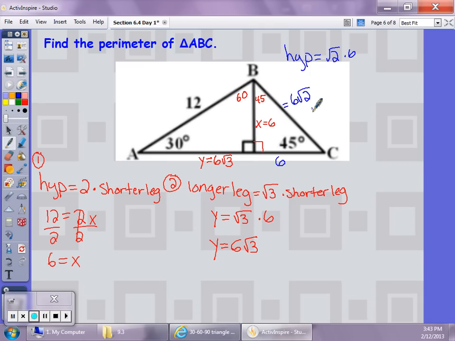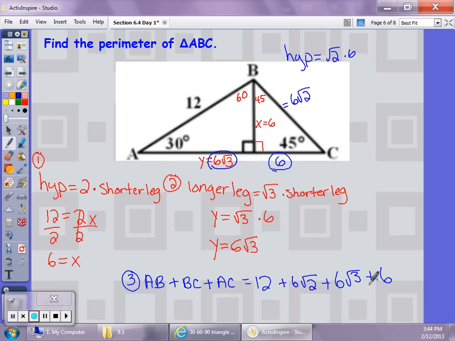Okay. So now if you take a look at the triangle ABC, we now have a value for all three sides. So the last step is to actually find the perimeter. To find the perimeter, we're going to take side AB plus side BC plus side AC, and that's going to give us our perimeter. So we know the length of AB is 12. The length of BC is 6 root 2. And the length of AC is made up of these two distances. So 6 root 3